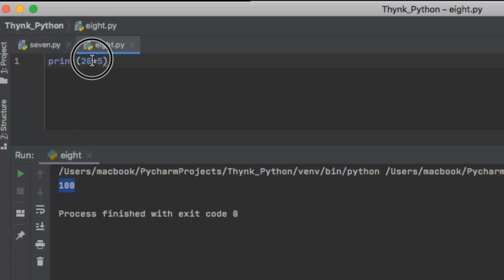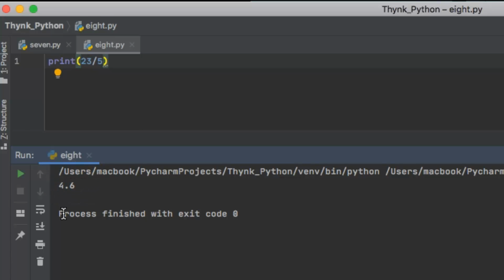I'll just change this to 23 for better understanding. I say 23 divided by 5. This is the forward slash. Note here, this is the forward slash. And if I run the program, I see 4.6. The type of number that I am seeing here is a floating point number because there's a decimal point here at the output, right?